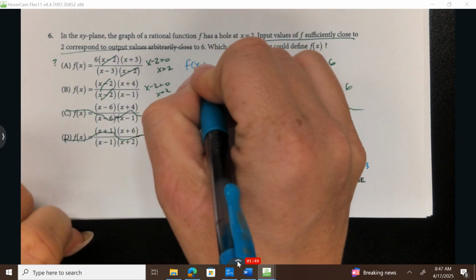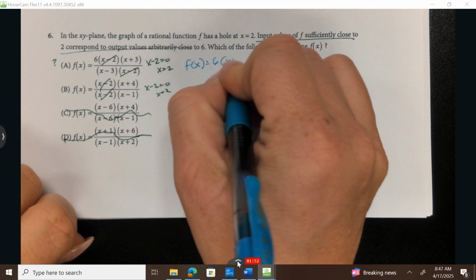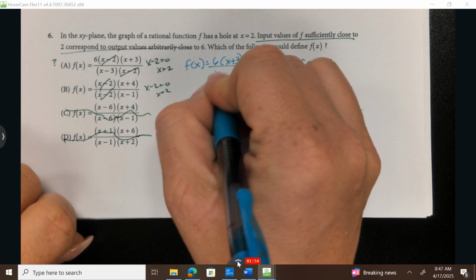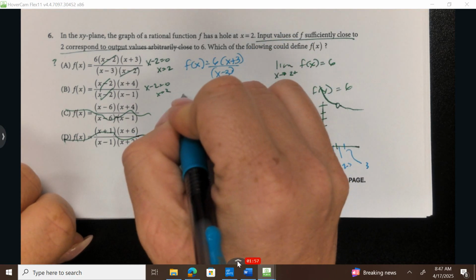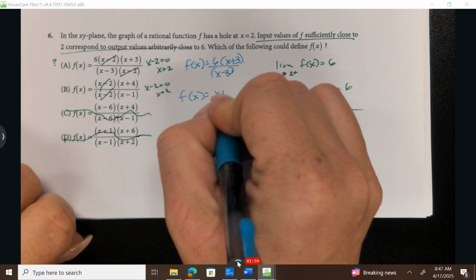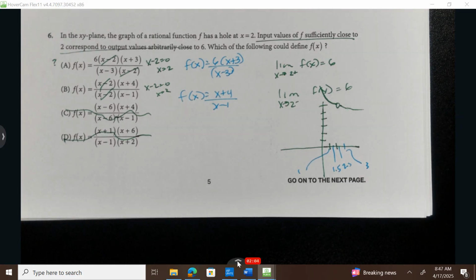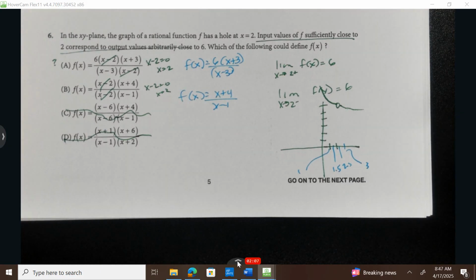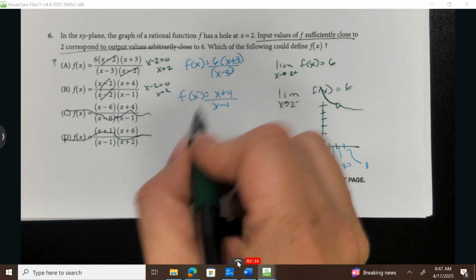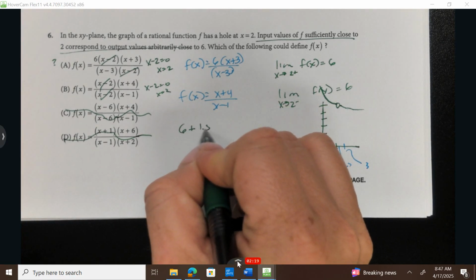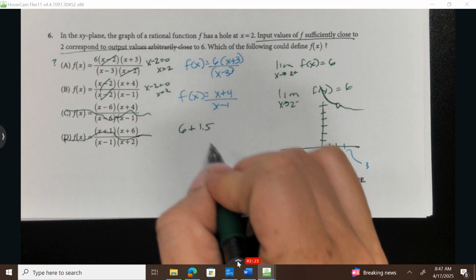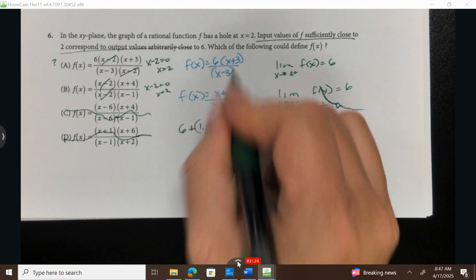Here is my first option, f of x equals 6 times x plus 3 over x minus 3. And for B, my option is f of x equals x plus 4 over x minus 1. All right, so let's take a look. I may have to try 1.5 in order to see if it's getting closer and closer. Instead of trying 1, let's try 1.5. I'm plugging this into A: 6 times 1.5 plus 3